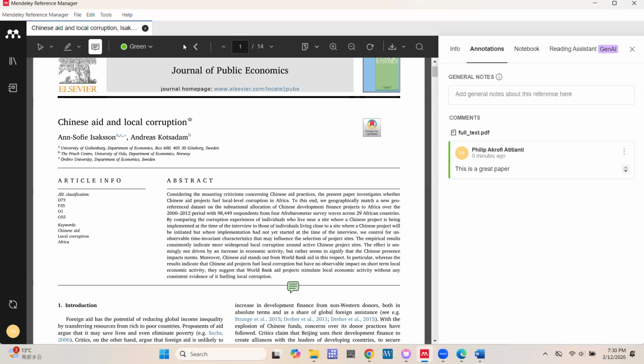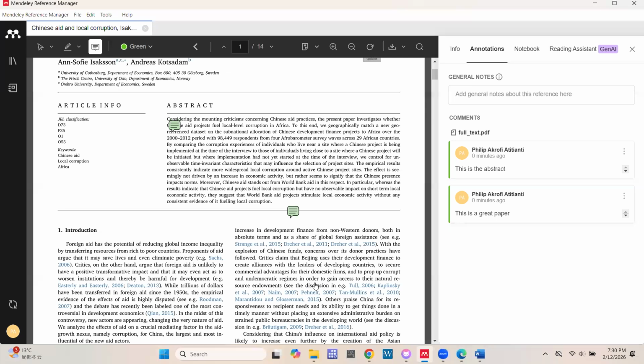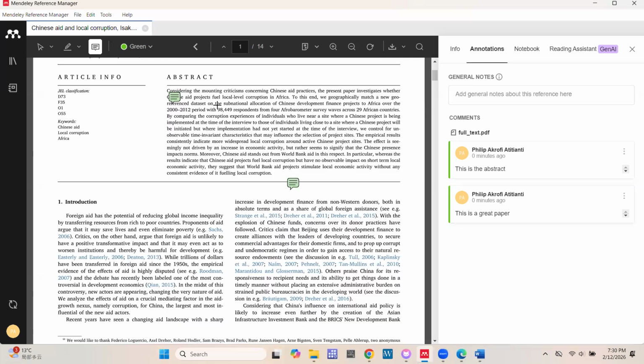Please add another note again. So maybe I click here and then I add, this is the abstract. And then once I finish that, it would keep a list here, and then I can always come back to it. So maybe you are reading a paper, you are querying the paper, you are dissecting the paper, and then some thoughts pop up in your mind. You want to insert some notes or annotations. You can be doing that over here, and then it will keep the annotations over here.